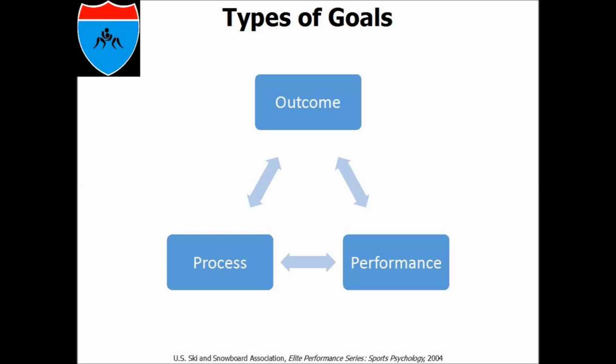A process goal is what you would be doing every single day in practice. In order for you to master a double leg, there's a certain set of skills you have to master before you can actually do the double leg. Maybe one is stance, maybe one is level change, maybe one is penetration step. And the performance of that skill, once you've mastered all of those basic skills, now you've got to do it at the right time. Now you have to have a setup. Can you see how process and performance goals are somewhat similar, but a little bit different? Nonetheless, both of them lead to outcome or result goals.